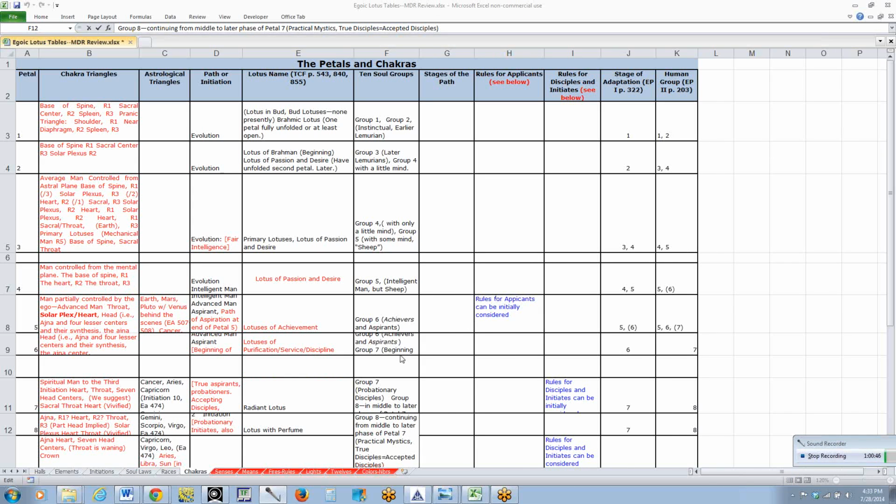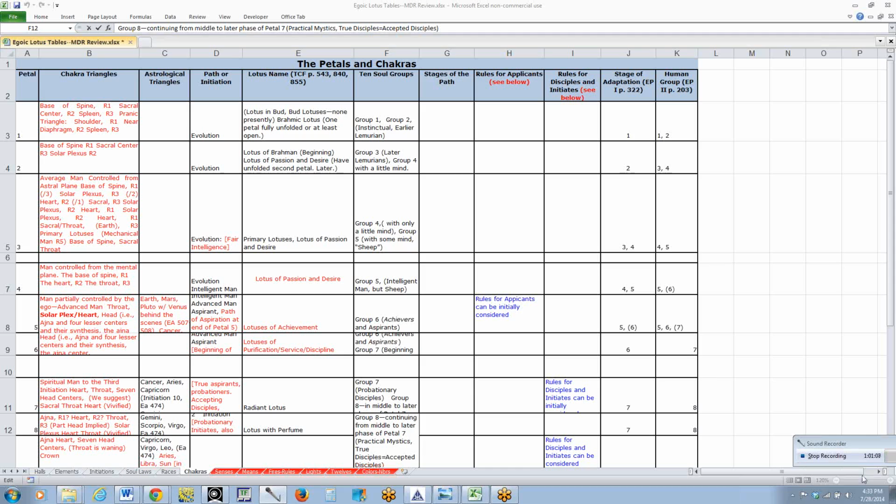So I think we can move on and do a little more. This is about the chakras, and as I stated, I may not go into this exhaustively. It is really, if we look at petal number 1, let's see if we can make this a little